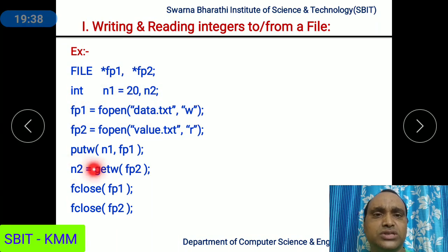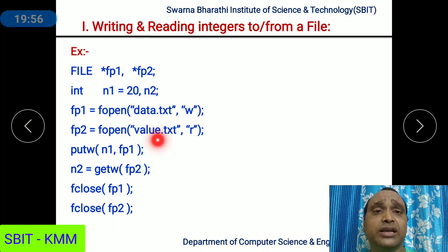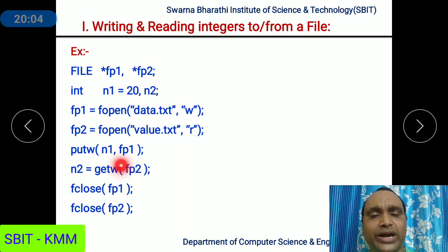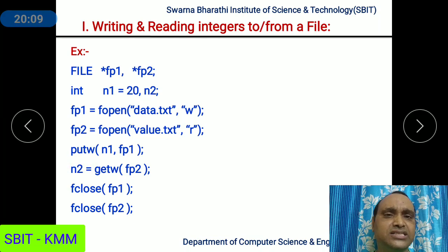Now see, we are using the fp2 pointer to read integer values from the file with the help of the getw function. So the getw function reads an integer value from the file pointed to by file pointer fp2. fp2 is pointing to the file value.txt, which is opened in read mode. And from that file, it reads the first integer value and stores that integer value in n2. And now you can display the contents of n2 so that the user knows which integer value is read from the value.txt